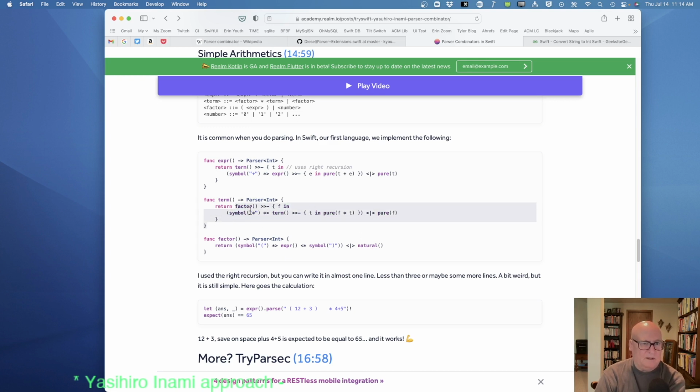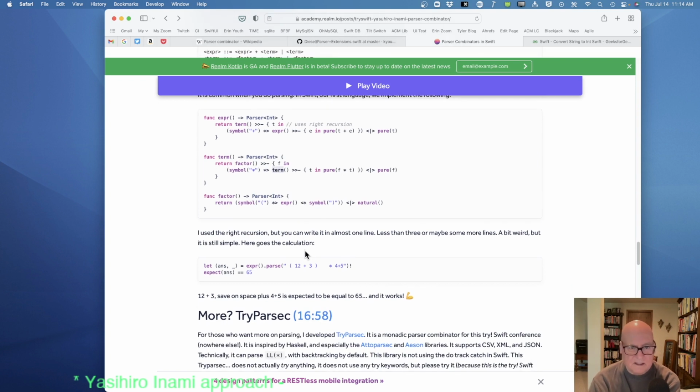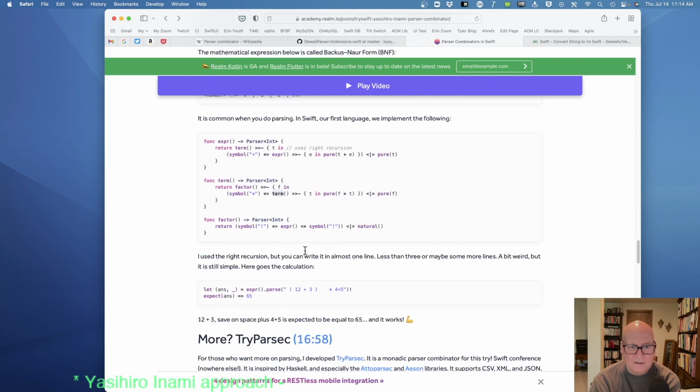So he can return the function. He can call that function and get a parser because it's recursive. So that's nice. That's cleaning up one little bit.